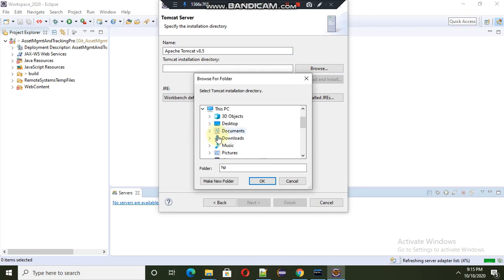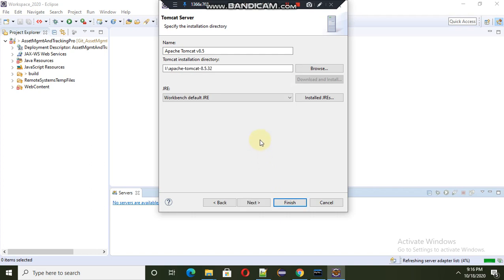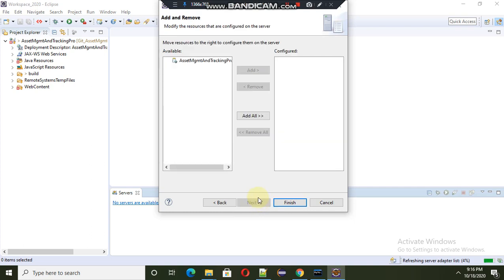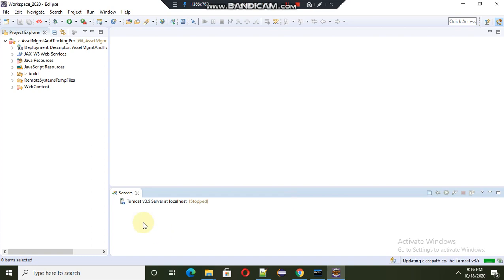So you should download the Apache Tomcat Server version 8.5. So this is the directory. Next, and then just finish. So now you can add your server here.